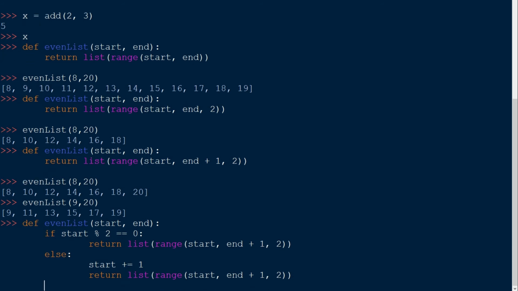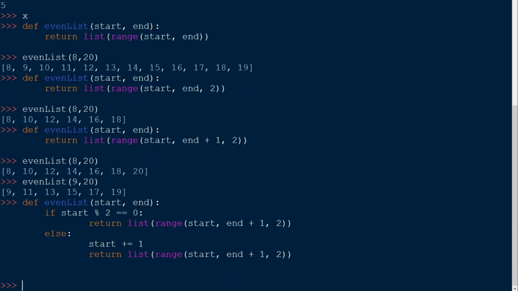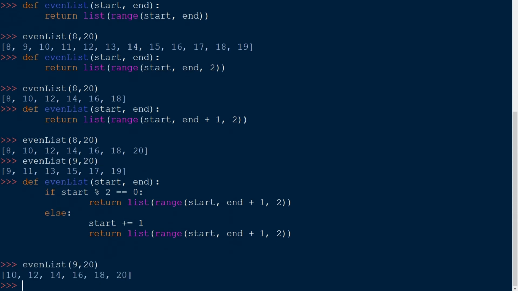Call this function again with these values, paste it over here and press enter. See, now we got the right output. The even numbers between 9 till 20 are 10, 12, 14, 16, 18 and 20.